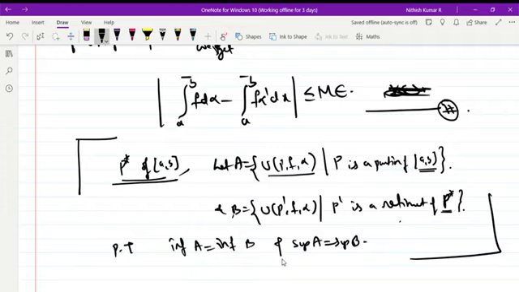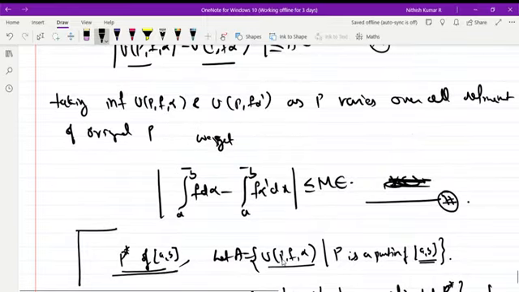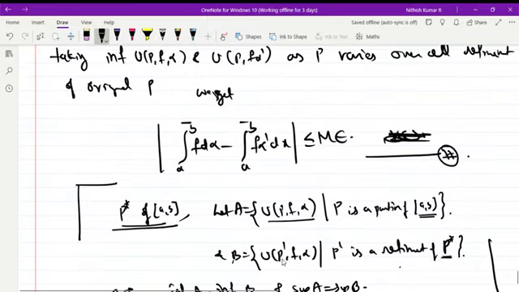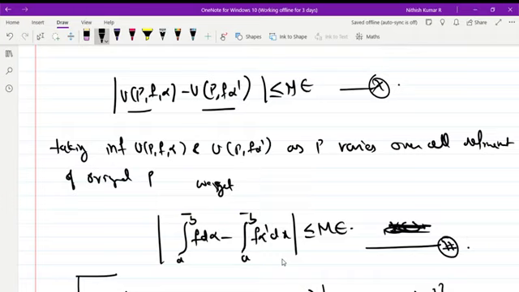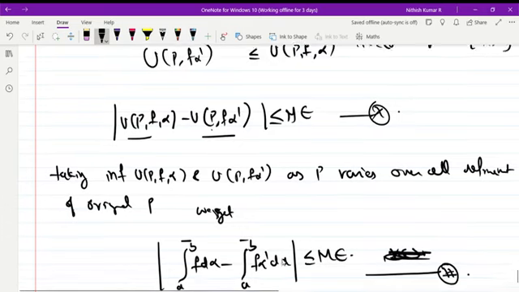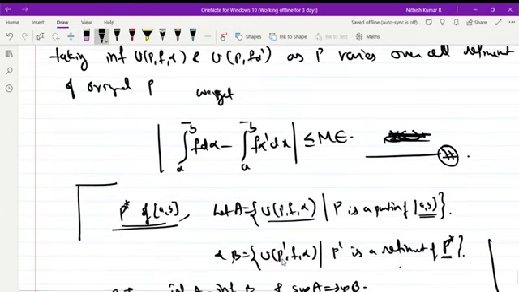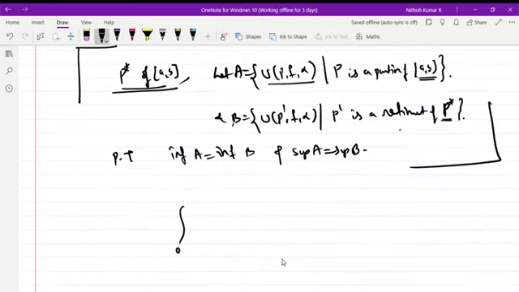So then the infimum is the same and the supremum is the same. So using this, as we vary this P over the refinement of my original P, we get this. Since epsilon greater than 0 is arbitrary, we get the upper Riemann integral of f d alpha is equal to the upper Riemann integral of f alpha dash dx. Similarly we can prove